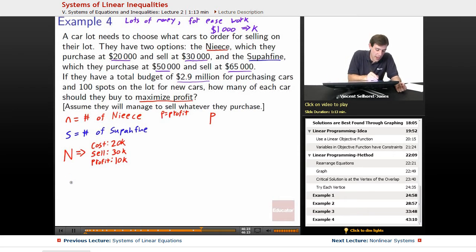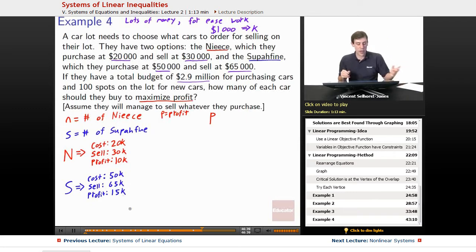For the superfines, they cost 50K to buy. They sell them at 65K, so each one they sell is going to net them a profit of 15K. Okay, so with this in mind, let's write P in green for good old American greenbacks, since we're dealing with US dollars here. So P equals